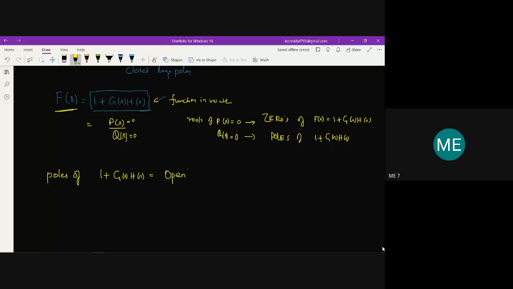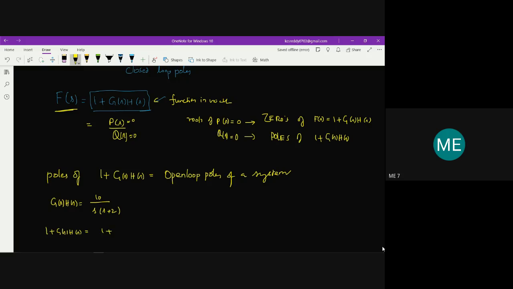Open loop poles of a system. Open loop poles of a system. So we take some examples. Say for example, I have taken G(s)H(s) equal to 10 by s into (s plus 2). So if I take the poles of 1 plus G(s)H(s) is equal to,